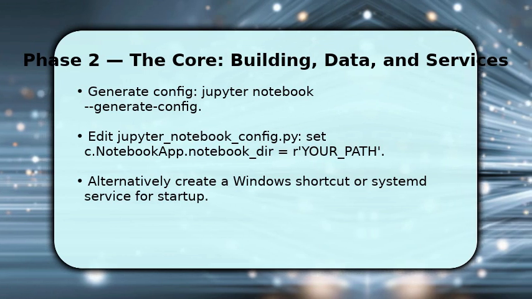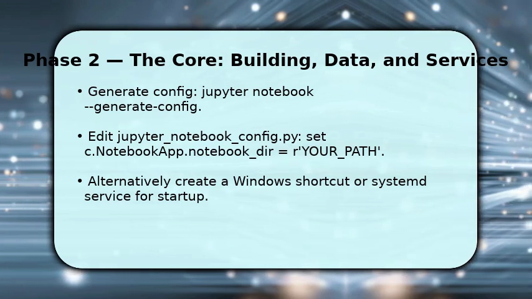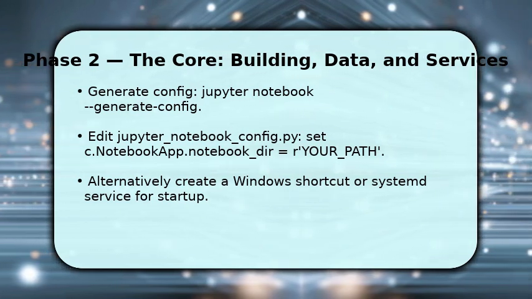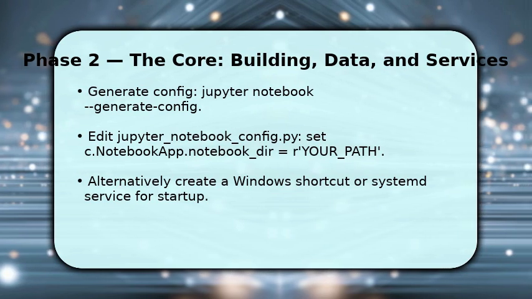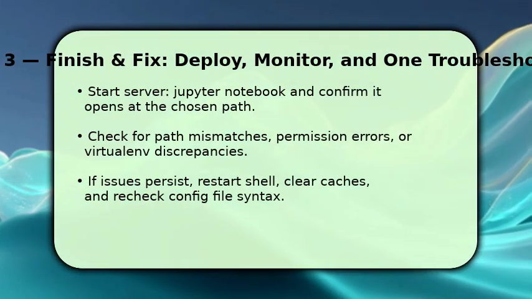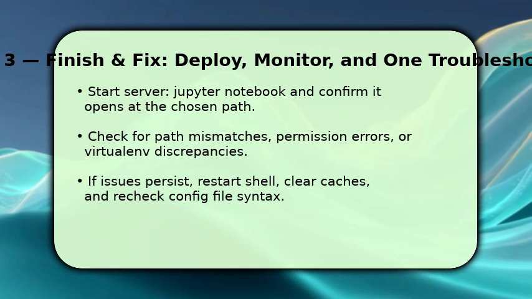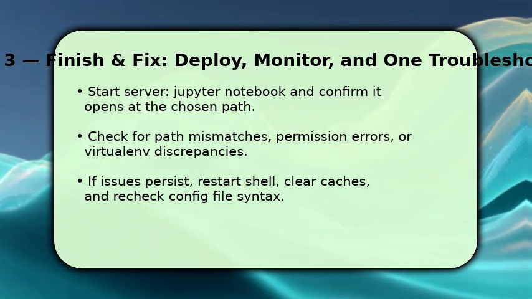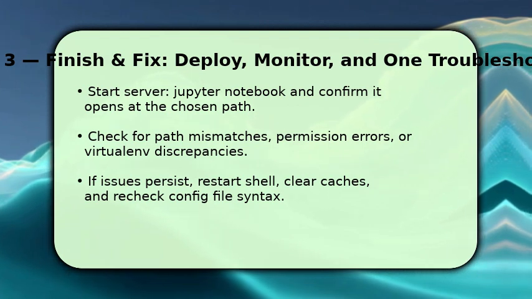If you prefer automation, create a desktop shortcut or systemd service that launches Jupyter from that directory, so you finish by launching Jupyter Notebook and verifying the browser's file view matches your configured directory. This confirms success. If it shows the wrong path, check for conflicting launch shortcuts, path entries, or virtual environment activation